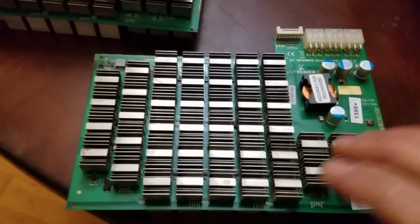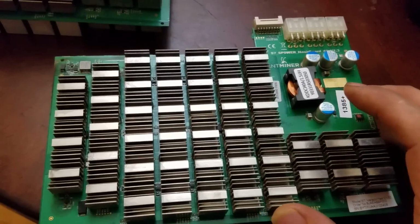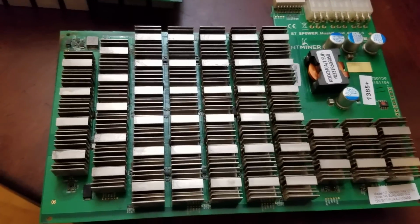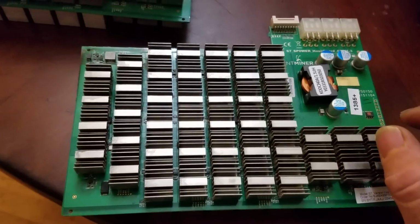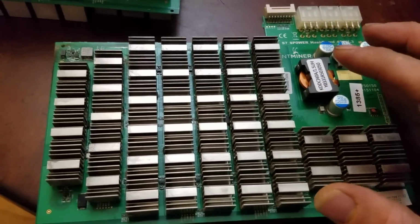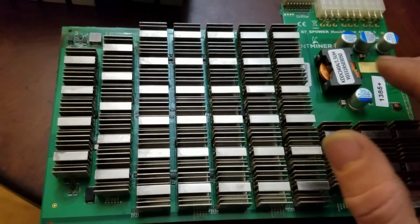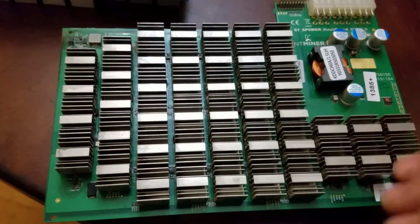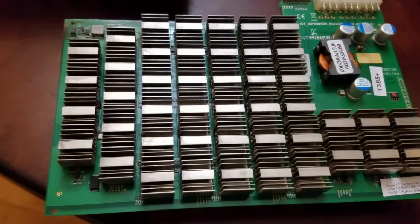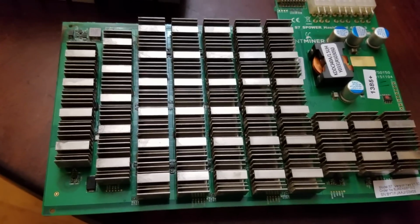Hey guys, I'm going to be responding to a question, or a lot of questions actually, from James in South Africa. He had a lot of questions about why boards, or the miners, do not respond when you're trying to ping them by typing in the IP for the board